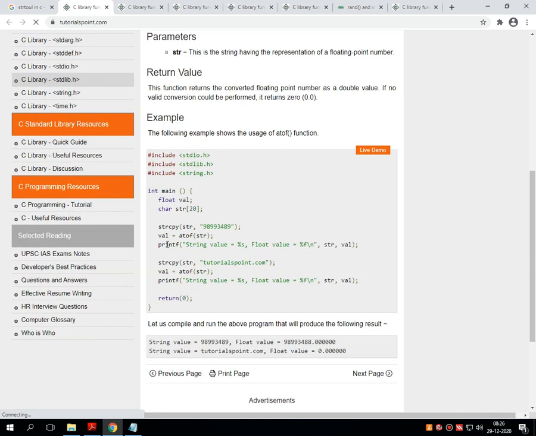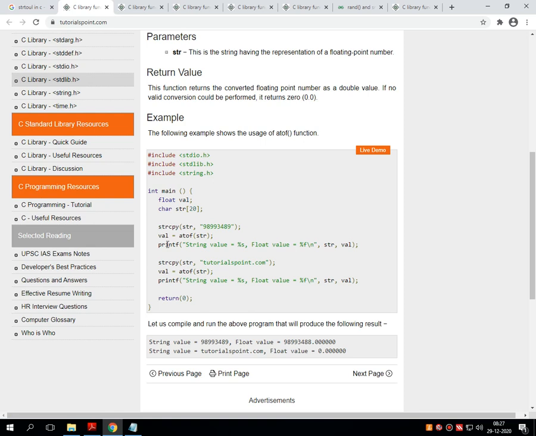The example is also given on the screen, in which first of all I have included three library headers necessary for executing such code: #include <stdio.h>, #include <conio.h>, and the third one that I have included in this program is string.h.